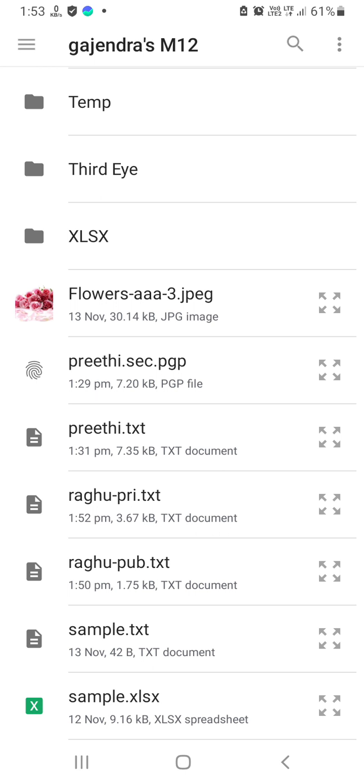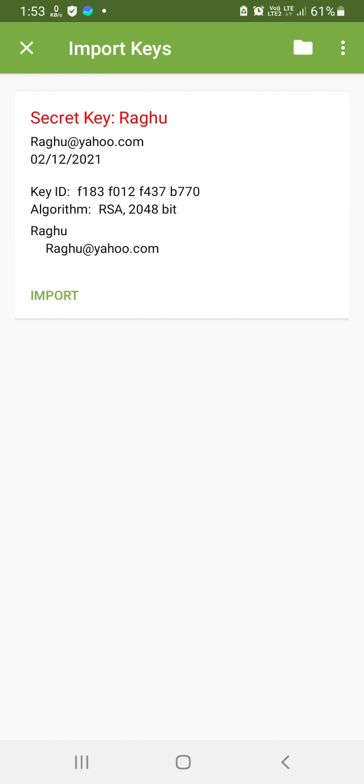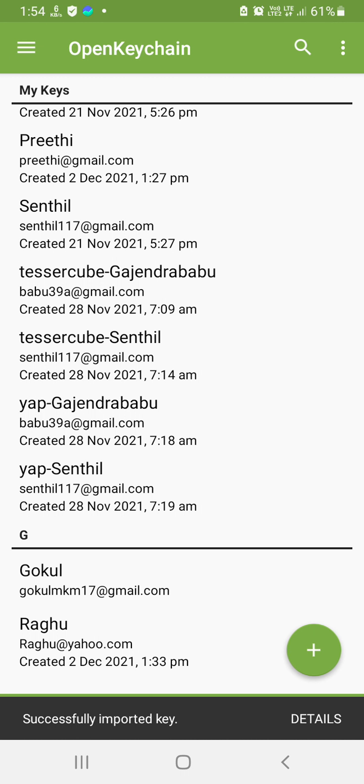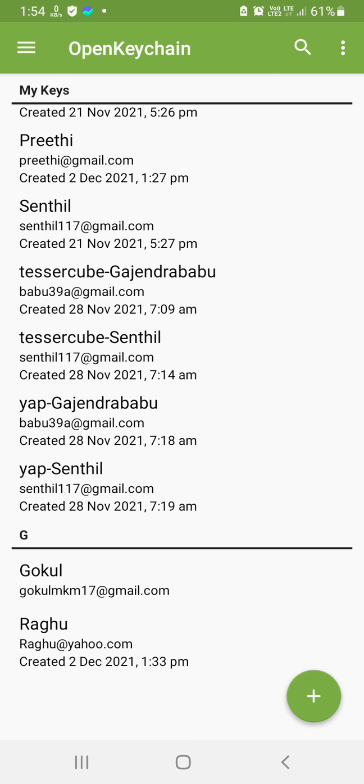This is the private key. Now touch it, and it shows the secret key Raghu. Below that there is the option import. So this is the private key, so touch import. Now we have completely transferred the key Raghu from YAP to OpenKeychain.